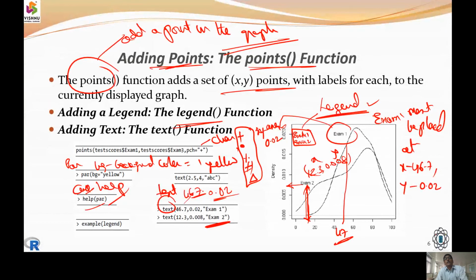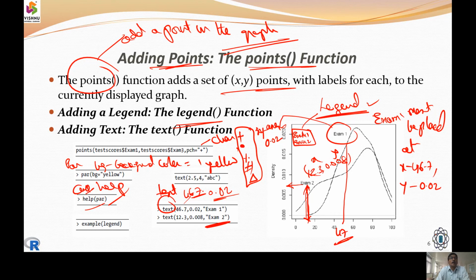Some supporting content while drawing the graph is a legend, which can describe the graph line and what it is showing. Exam 1 and exam 2 are two graph lines. To identify which is exam 1 and which is exam 2, we need to give a legend there.